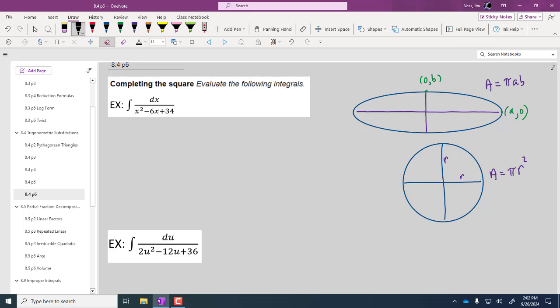Okay, so let's go ahead and do some trigonometric substitution. We have one more slide only of trigonometric sub. And then we'll get into partial fraction